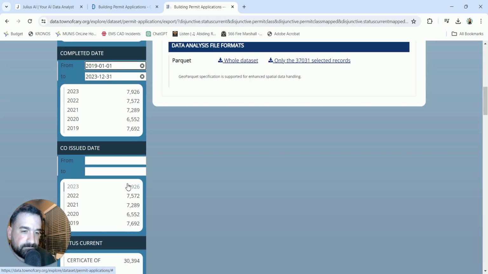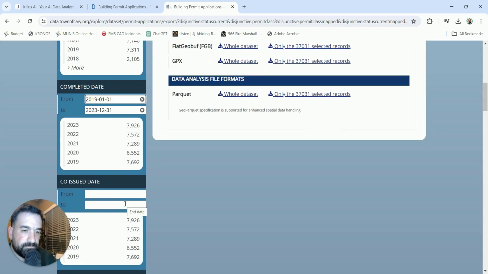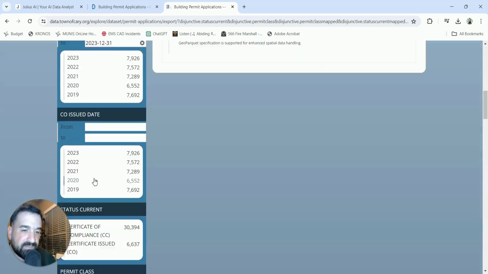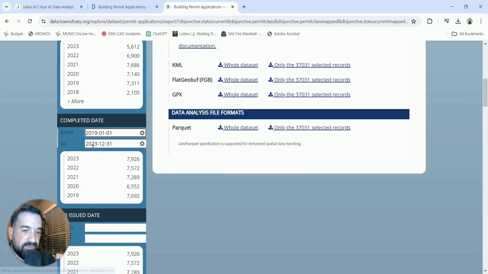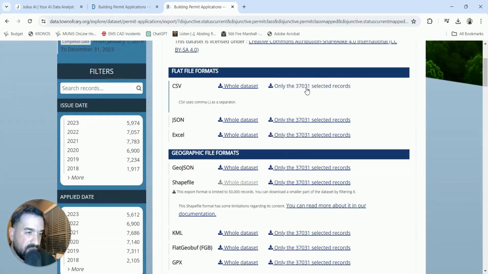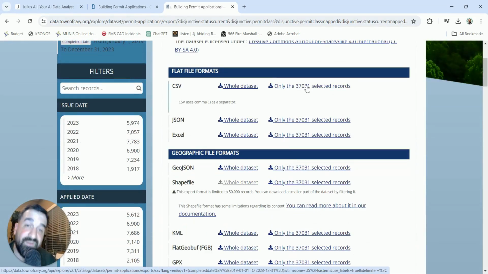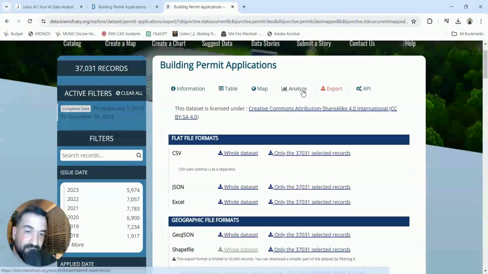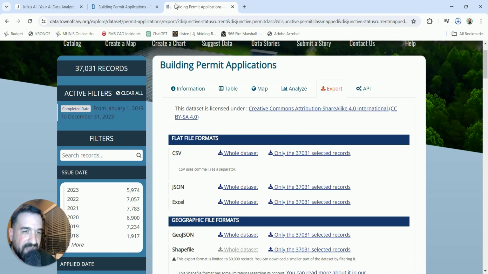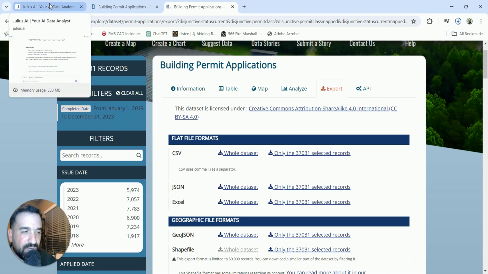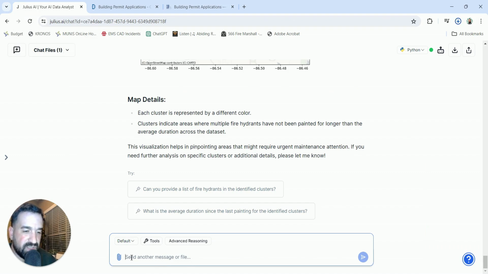That might be a cool way of doing it. Right? Here we go. Cool. This is a completed date, so I think that's pretty cool. Okay, cool. Here we have it. Here we go. And let's download only 37,000 records instead of having 78,000 records. But this will be somewhat easier to manage. It's going to download here, and once it's all downloaded, we're going to go ahead and upload this into